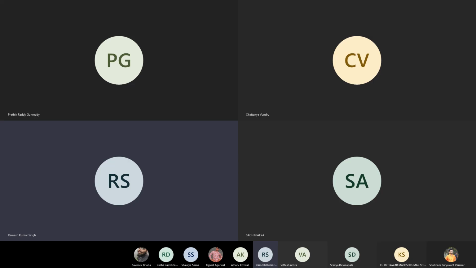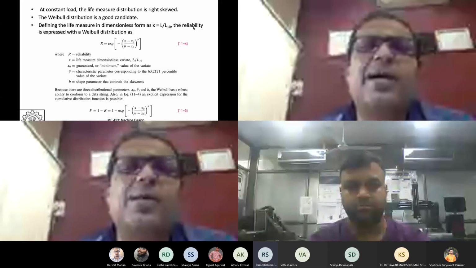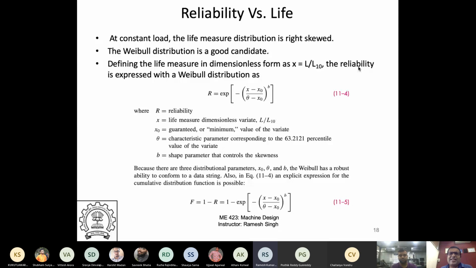This is last class we were discussing about bearing reliability. So I have a couple of slides, and then I will hand it over to Sachin Alia, and he will talk primarily about how to select a bearing using a catalog. Whenever you buy a bearing, you'll use one of those catalogs and try to find out the way to select a good bearing for your application. You'll start with some preliminary information. We'll walk you through how to have some preliminary information and then select your bearing accordingly.